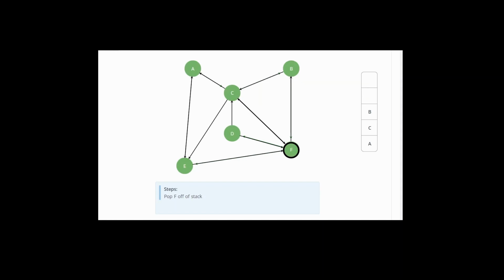At F, he looks at all the ways he has already covered, so he reaches B and forgets about F. On reaching B, he again sees he has covered all the ways, so he removes B and comes back to C. On reaching C, he finds there was one way left the last time when he moved from C, and that is C to E. But E he has already visited, so he removes C also and comes back to A. And now he realizes that he has come around all of the jungle and all of the places he has visited, and this is how depth first traversal has been done.